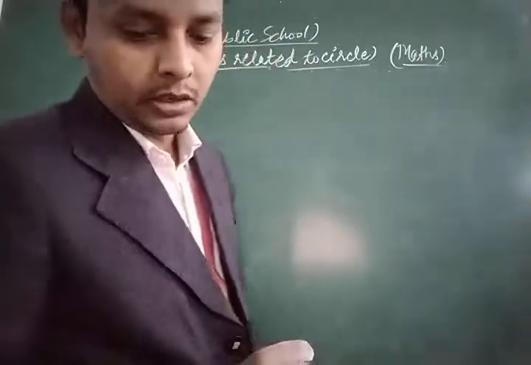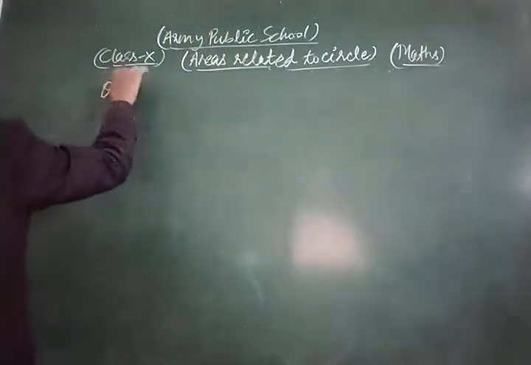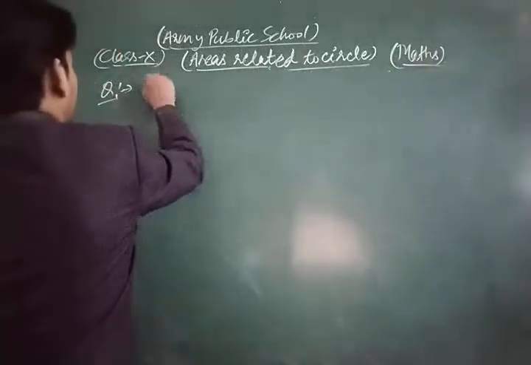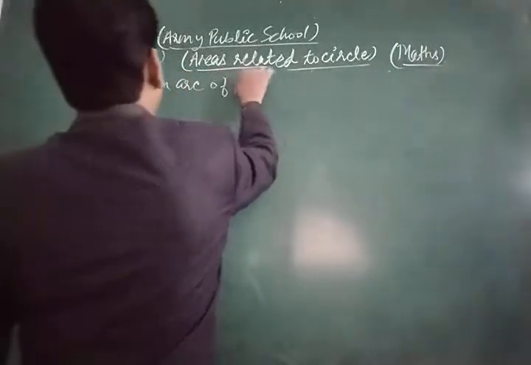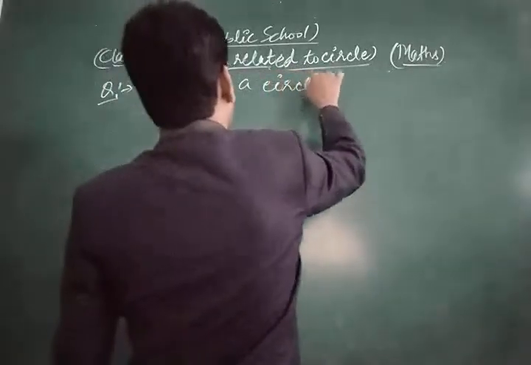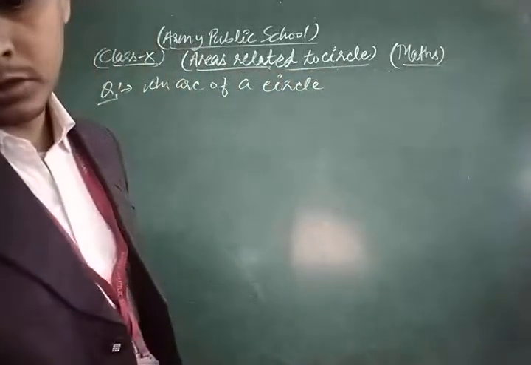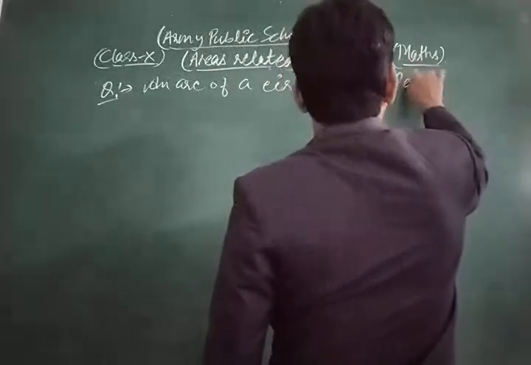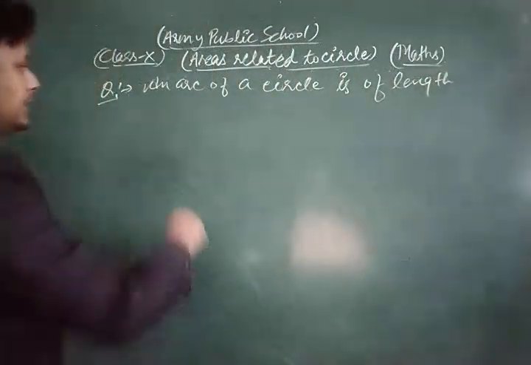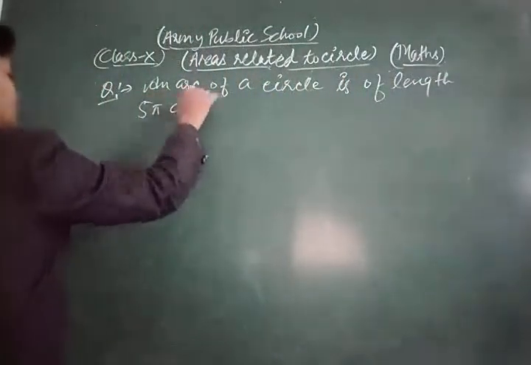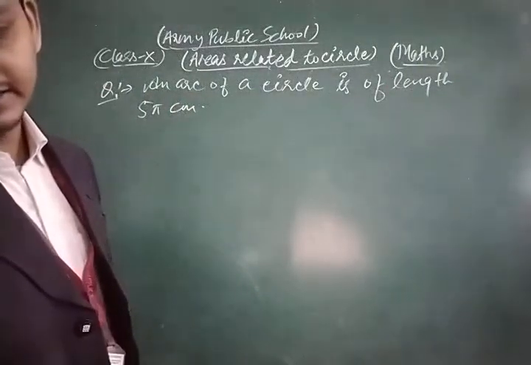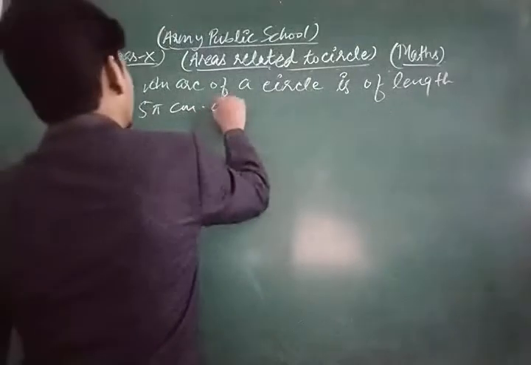And the question is, look, this is a very important question. An arc of a circle is of length 5 pi centimeter, and the sector it bounds